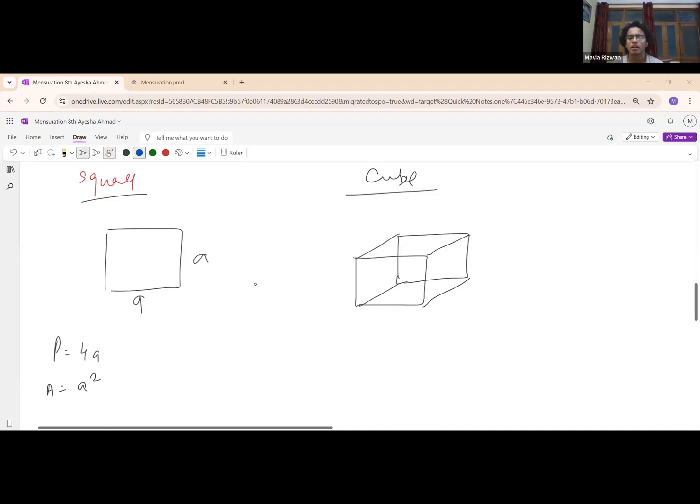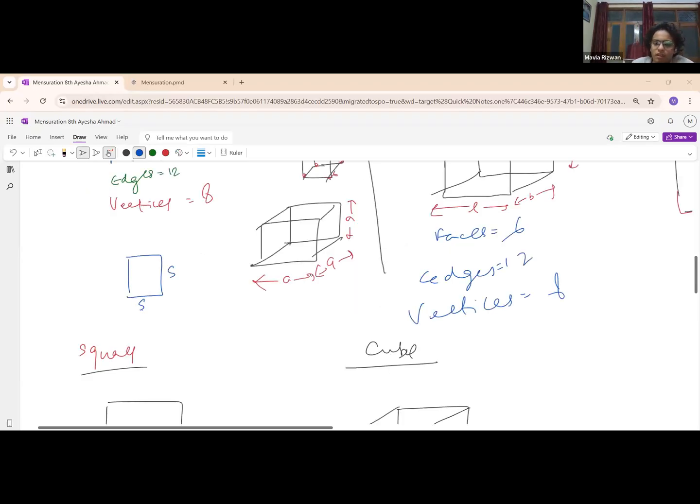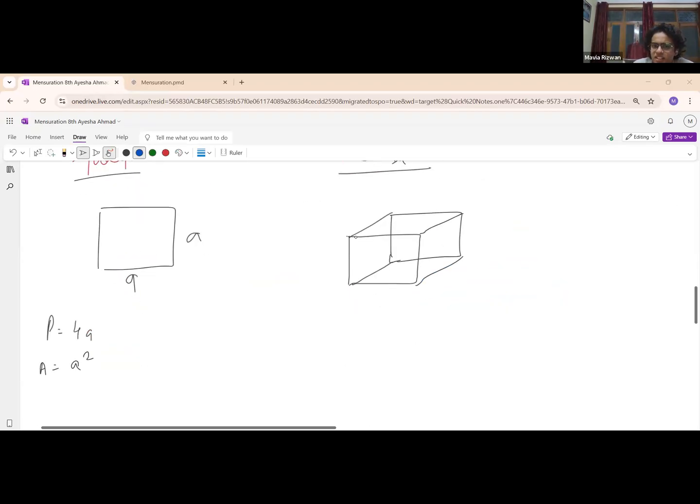Okay, good. Now, how to find out the surface area of a cube? Which is the surface area cube formula? Surface area is this side area plus this side area plus this side area. So area of all the sides added. So therefore, the surface area of a cube, or we can say total surface area. Now I'll explain what is total surface area. Total surface area of a cube,